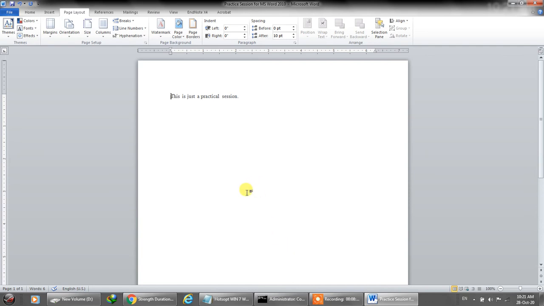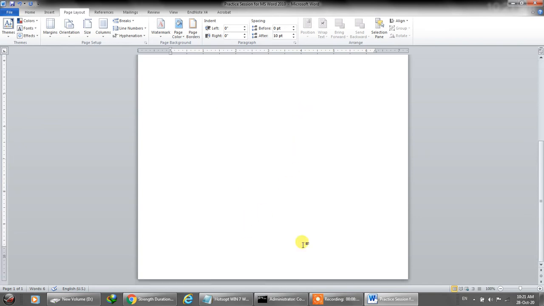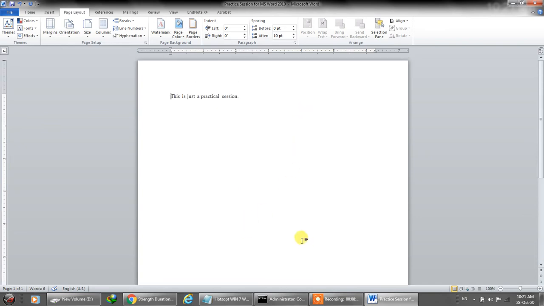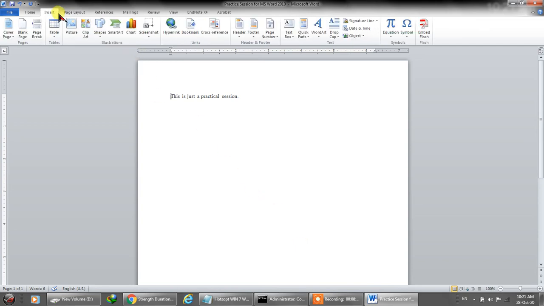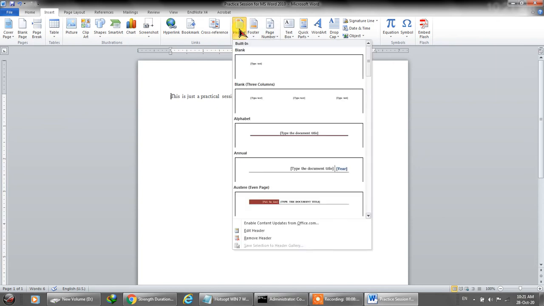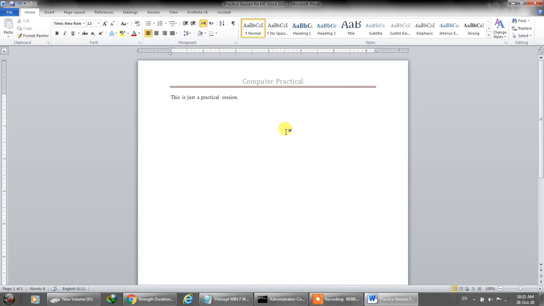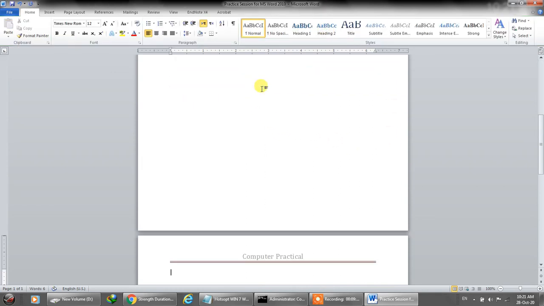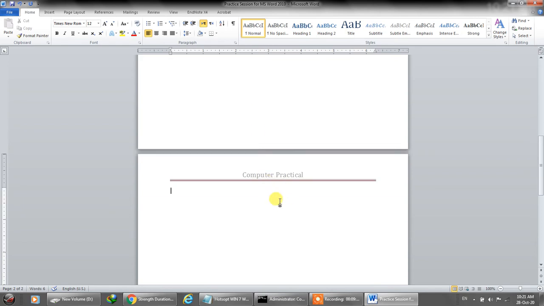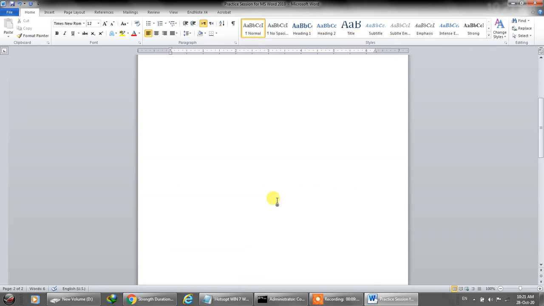In this margin, what you can do is insert your header on the top and insert your footer below, for example, page number or title of that document. So we'll click on insert and then we'll click on header, and I'll close this header. Now if I go to next page, this header is over there automatically, so it will keep on shifting to next pages again and again.